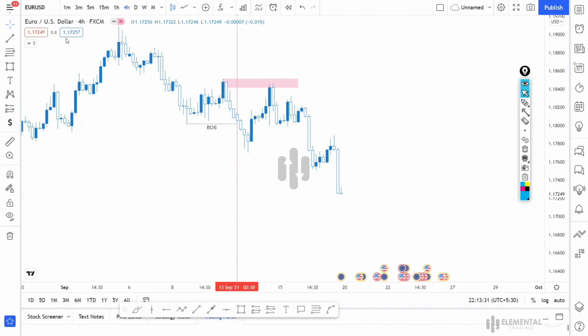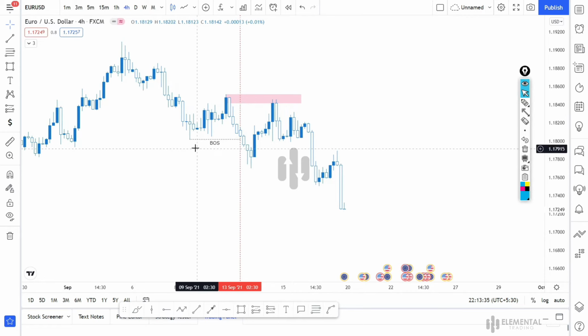So first we will be analyzing Euro USD pair in 4-hour time frame. Here we can see that price clearly broke structure to the downward side, creating a key level here. So this was the first trading setup, that is this double top from the key level. Actually, it gave a good reaction to the downward side. This was a very good trade in the Euro USD pair.